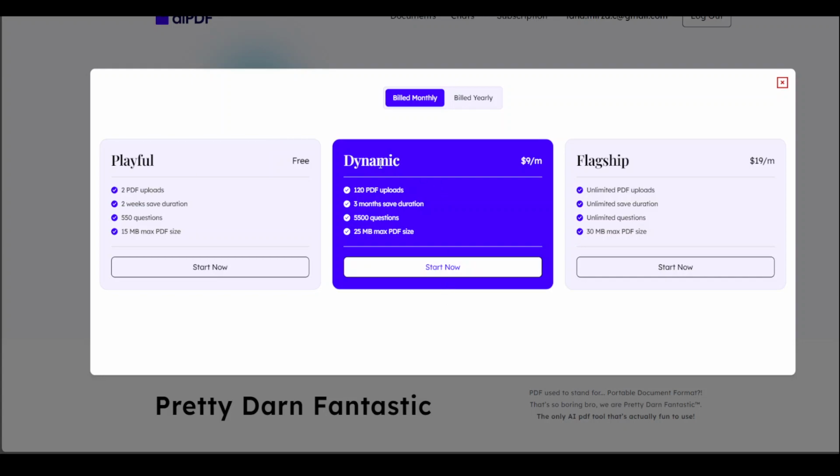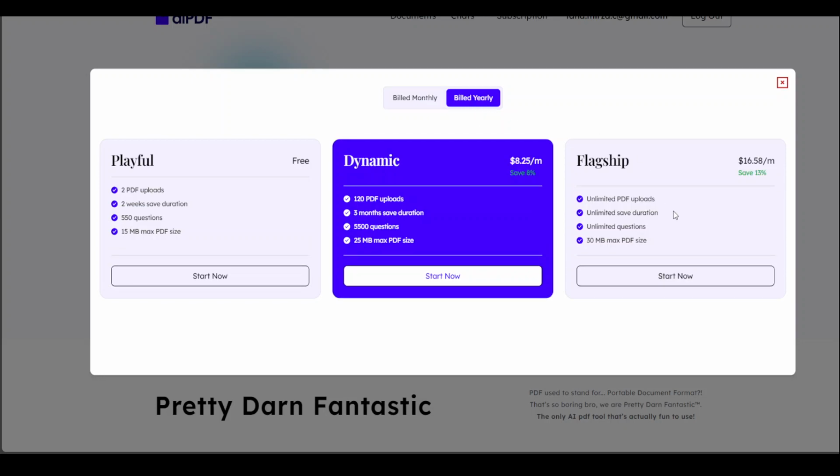And then you can see dynamic is 120 PDF uploads at just $9 per month. Flagship is $19 per month, unlimited. Even that is fairly cheap. You can even go with the yearly one, and with yearly flagship plus dynamic, you again save a lot. So I would say fairly cheap, if it is something you're looking for, then way to go. Anyway, let's go with the free one. Click on start now,